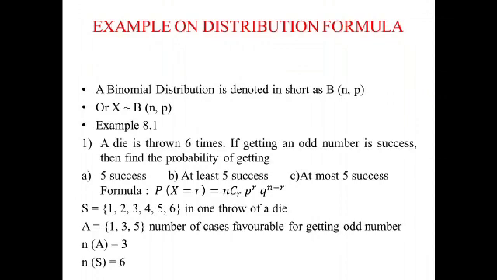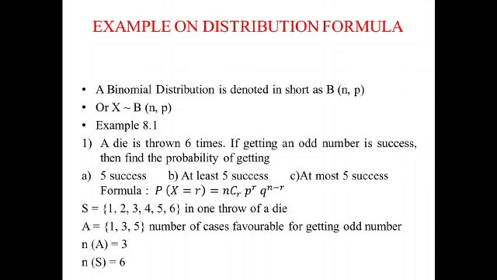A binomial distribution is usually denoted as B of n comma P, where n stands for the number of trials and P stands for the probability of success. We can also represent this as the random variable capital X follows B of n, P, where B stands for binomial